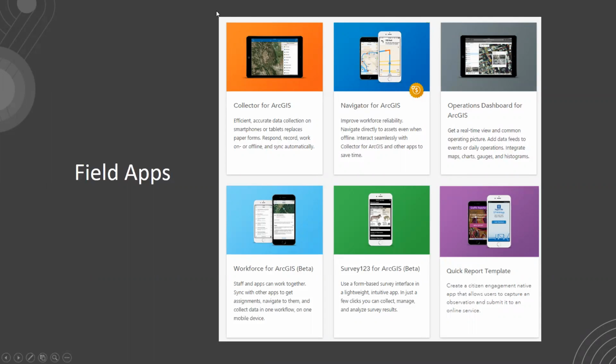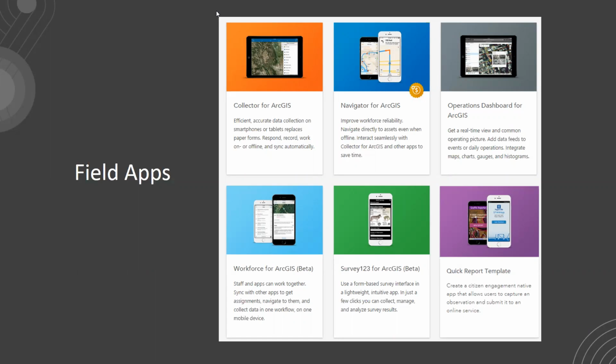mentioned is an ArcGIS online organizational account login. So as long as you have your credentials, your respective username and password, you should be able to sign in and get access or work with Workforce, Survey123, and App Studio using the Quick Report template. So you can work with these applications online using your desktop computers, or you can download the respective applications on your smartphones. So basically, if you're on an iOS device, all you have to do is go to the App Store and download these applications accordingly.